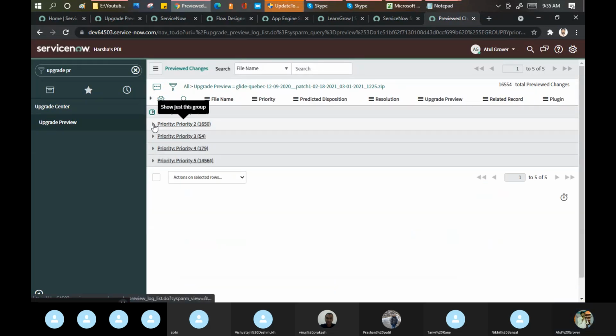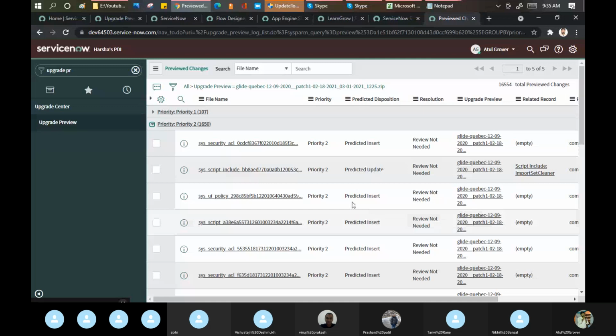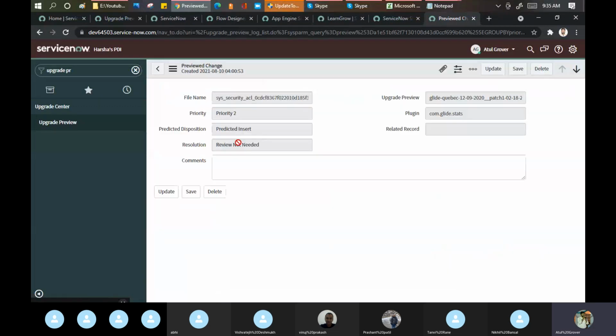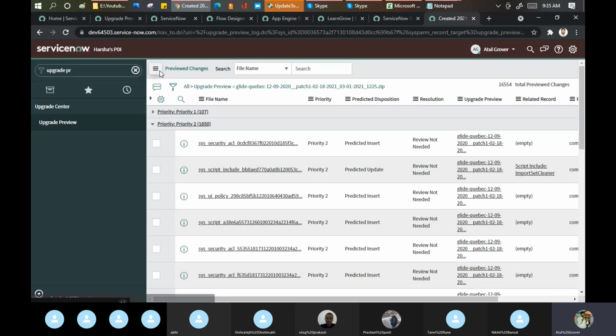Priority 2: these many changes are there. If you want, you can open it and do the change checks if required. Otherwise, ServiceNow is also intelligent, it's giving you the option. Nothing is required at your end because you did not change anything in your system. You're using it as it is, so you can skip these P1 and P2 here. So this is the way that we do our cloning and upgrade cycle. Every time we upgrade, we do the cloning as well. That is the thing.